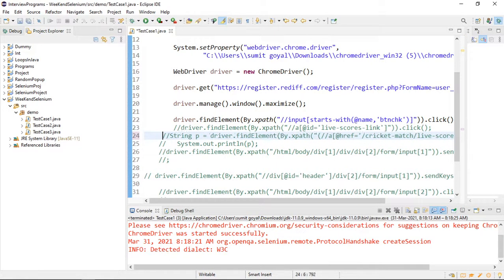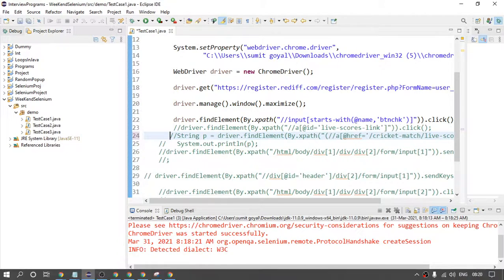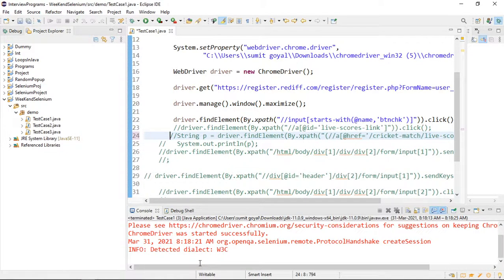So what I'm saying is, practice this concept, and in the next lecture we will discuss a few more variations in XPath and CSS, and then we will also see how we can traverse from parent to child and child to parent in the XPath, right? So that's all for today. If you have any question, you can ask.